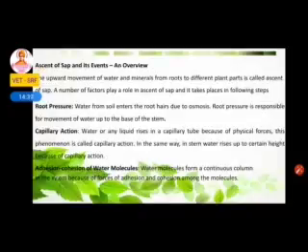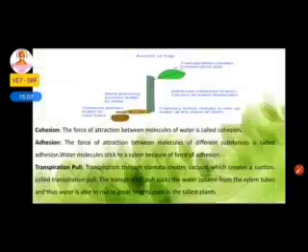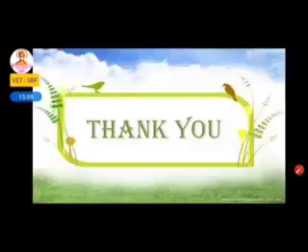The next one is ascent of sap, its events and an overview. Ascent of sap is an experiment, so it will give a clear view about the transportation in plants. The upward movement of water and minerals from the root to the different parts of the plant is called ascent of sap. There are a number of factors involved in this ascent of sap, and they are root pressure, capillary action, adhesion and cohesion of water molecules, and then transpirational pull.